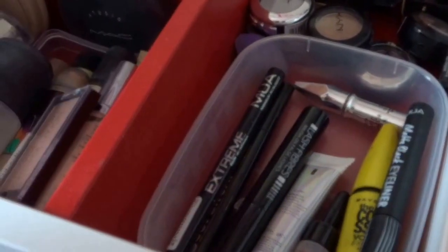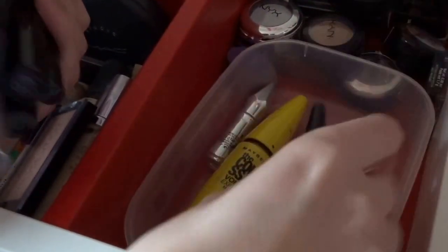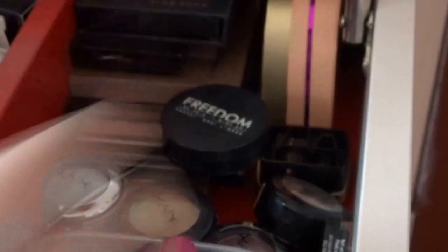eyeliner, mascara. MUA eyeliner. Lash Fibres. Skinny from Soap and Glory, which I'm wearing today. Black eyeliner from MUA. Volume Express Mascara. NYX Glitter Primer, which is great if you're wearing pure pigment. Benefit Gimme Brow, which will be in the shade 1 Blonde. And Revolution Aqua Seal. Then if we move a bit further back, I've got 3 of the normal NYX eyeshadows